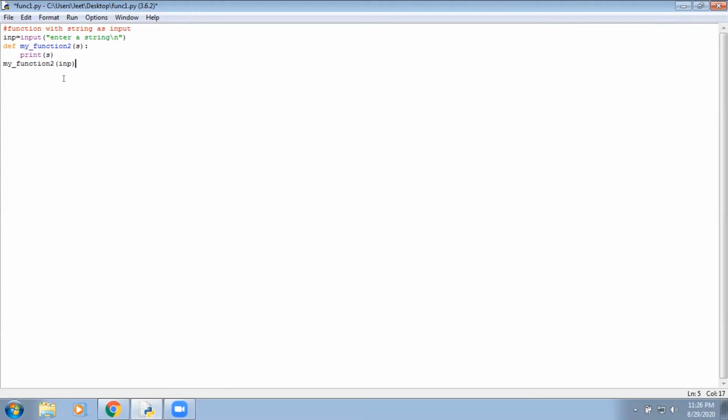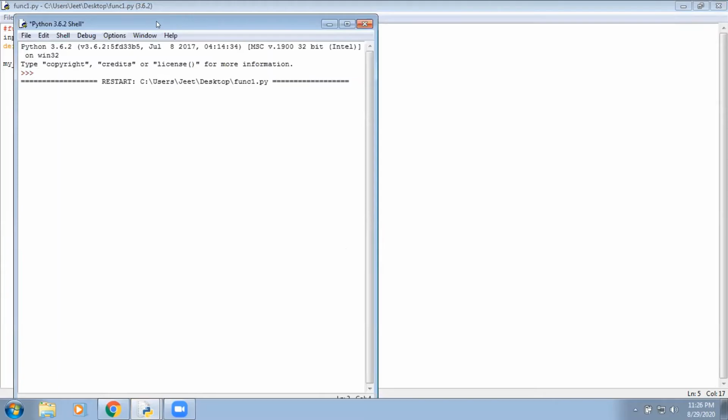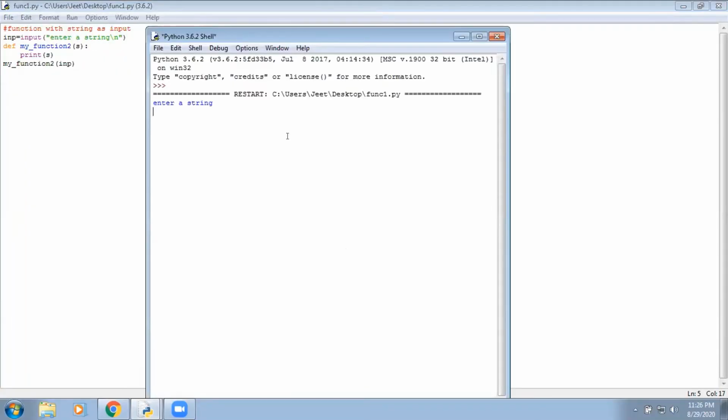So guys, now let's run the function and check what it is printing. So guys, it's asking me for an input. So I'm writing hello, I'm Jeet. So I've given the input, I'll press enter. See, the function is printing hello, I'm Jeet. That was so simple. Now over to Bhupendra for further concepts.